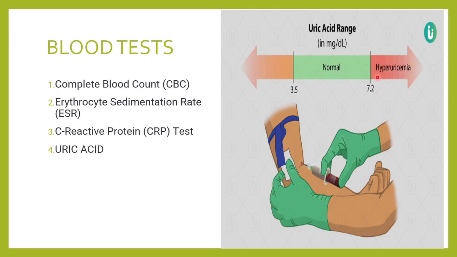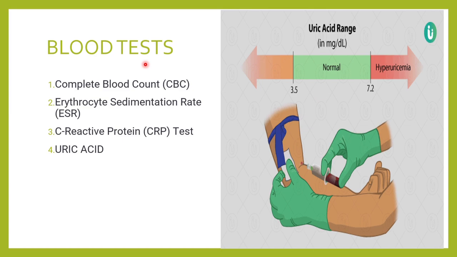And I've told you the uric acid in men, the normal range would be around 2.5 to 7 milligram per deciliter, whereas in females it would be up to 6 milligram per deciliter. But if in men it goes beyond 7 milligram per deciliter, we call it hyperuricemia, and in women if it becomes more than 6 milligram per deciliter, we call it hyperuricemia. The critical value of uric acid would be when the level is more than 12 milligram per deciliter. So whenever we do the blood test, the uric acid level can be high.